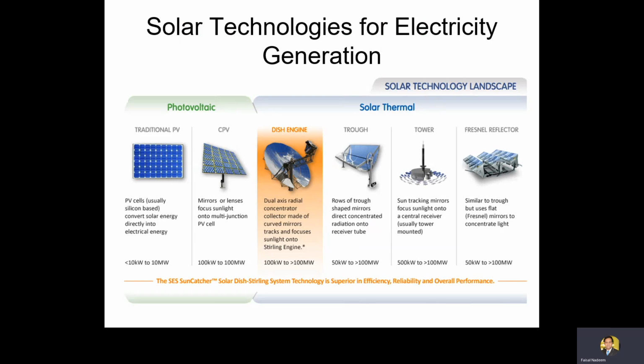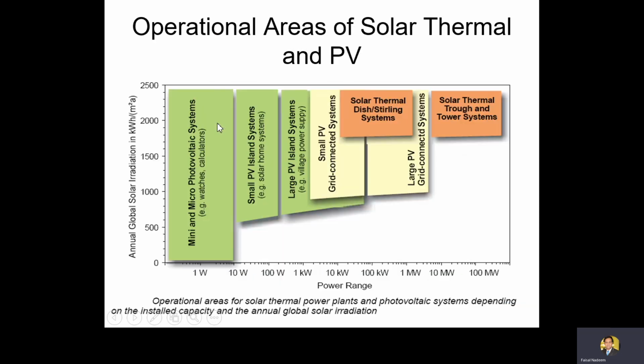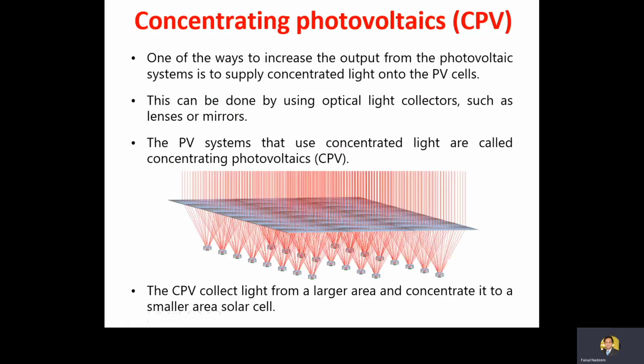Now we will start with the explanation of these solar technologies, because we have focused on solar concentrated power technologies, and out of these, first of all we are discussing CPV, the concentrated photovoltaic technology. Now what is this concentrated photovoltaic technology? This is very easy to understand. See here, these are the solar cells. One, two, three. The solar cells are placed on the panel.